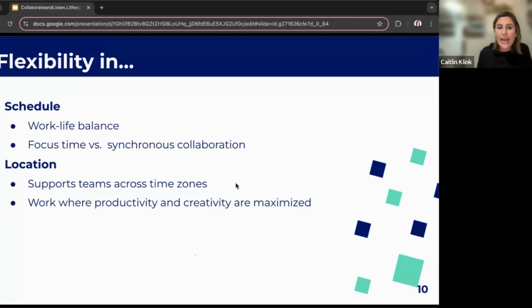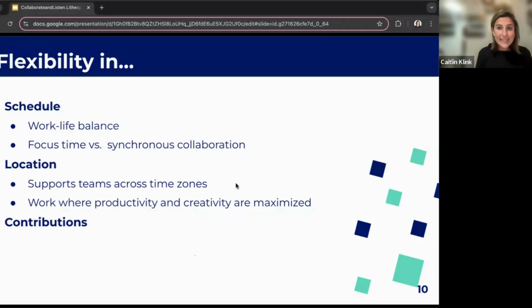So if I know that I have 2 or 3 hours in an afternoon where there's no expectation for me to be synchronously available to my teammates, I may choose to move my workstation to a place where my creativity is better fueled. Certainly, this isn't appropriate for maybe a stand up or a leadership readout, but it gives me the flexibility to pick the location best suited for the work that I have at that moment.